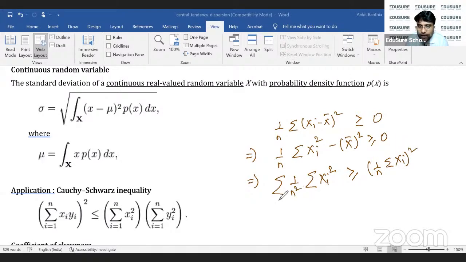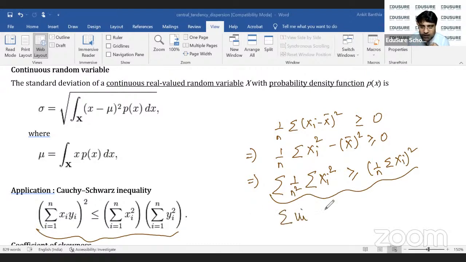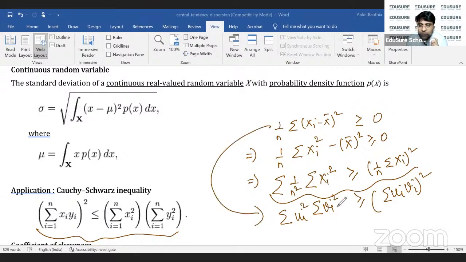ठीक है, अब इसको देखिए और इसको देखिए, मैं ऐसे लिख सकता हूं समेशन ui square समेशन vi square ग्रेटर देन इक्वल टू समेशन ui vi होल स्क्वायर, जहां पर ui इज 1/n, vi इज xi, ऐसे लिख सकते हैं। तो यहां से मैं यहां पर पहुंच गया एंड इनइक्वालिटी मुझे याद हो गई। तो ये वेरिएंस x ग्रेटर देन इक्वल टू 0 के इनइक्वालिटी से आई विल ऑलवेज बी एबल टू कोरिलेट एंड रिमेंबर द कॉची श्वार्ट्ज इनइक्वालिटी। ये एक बहुत इंपॉर्टेंट है ट्रिक जो काफी सारे स्टूडेंट्स ओवरलुक करते हैं।